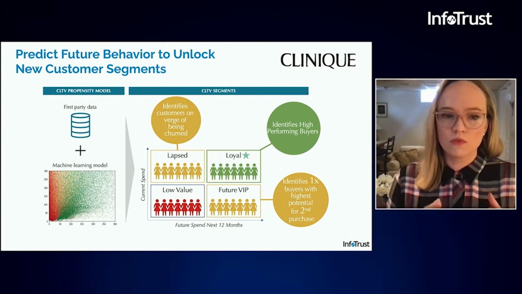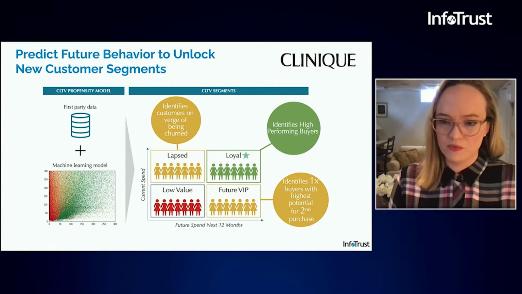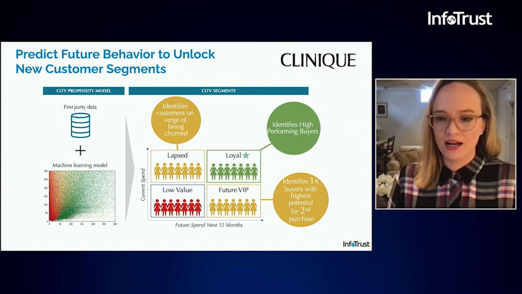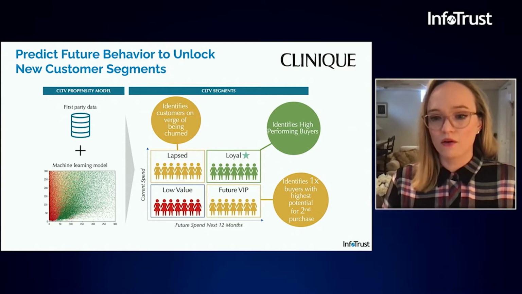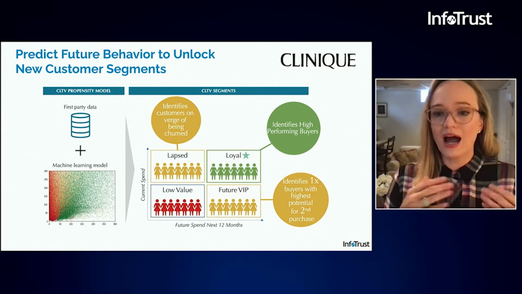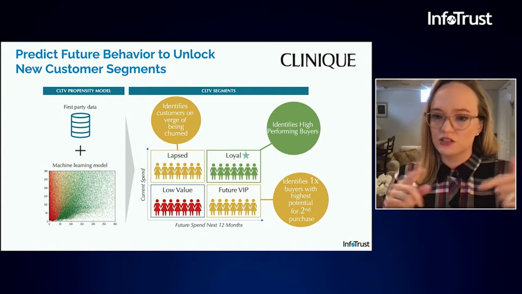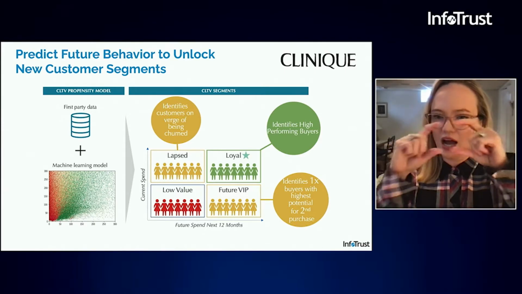And as a digital marketer in the very competitive beauty space, I'm always looking for an edge. There's so much competition out there, and I need to have the best performance out of every campaign that's possible. And one of the ways to do that is to improve your targeting. So before this model, we had some basic value targets like a low value consumer or a high value consumer. But now, with the combination of the model and historical data, we have 4 segments instead of just 2.